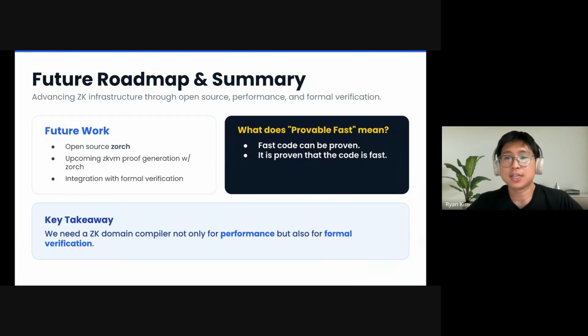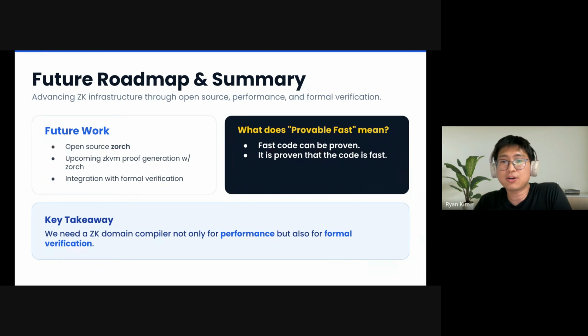Okay, let me close. Here's what's coming next. Three things. First, we are going to open source the library, and it is going public. Two, we are working on proof generation for full ZK VMs using the library and SP1 Hypercube workloads on top of our compiler. Last, formal verification integration. And honestly, this is the part I most want to talk about with you after this talk. That's the ask. If any of this overlaps with what your group is doing, I'd love to talk after.